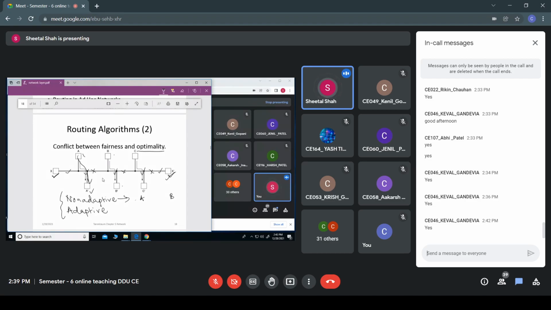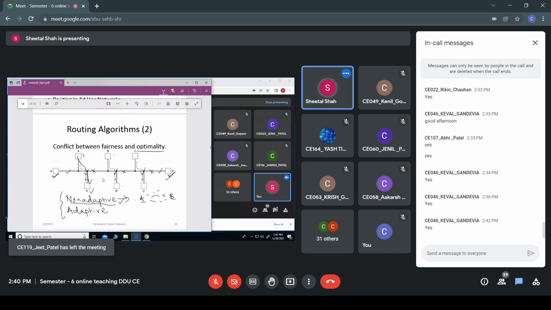Say suppose there are two hosts A and B, and there might be a number of routers between A and B. Before the network is established, a route from A to B is decided, and that route is provided to all the routers, so that all the packets coming from A should be forwarded through that particular route. So that is nothing but non-adaptive.